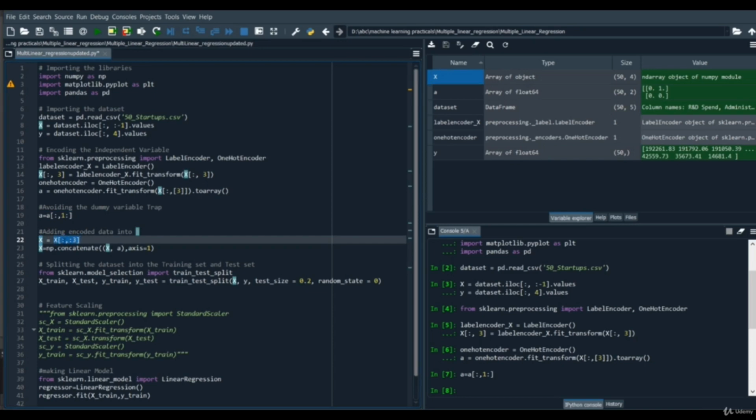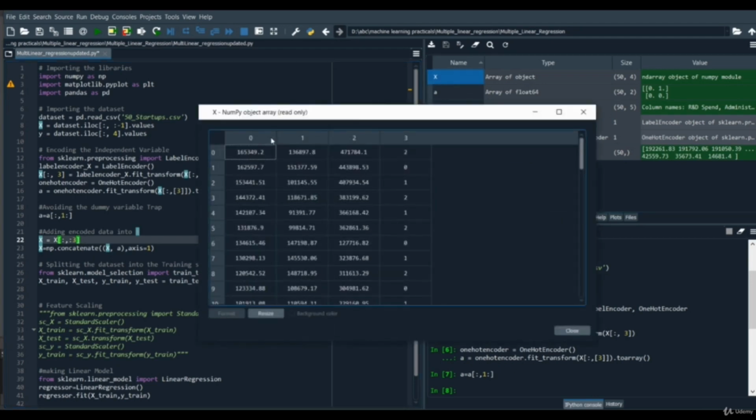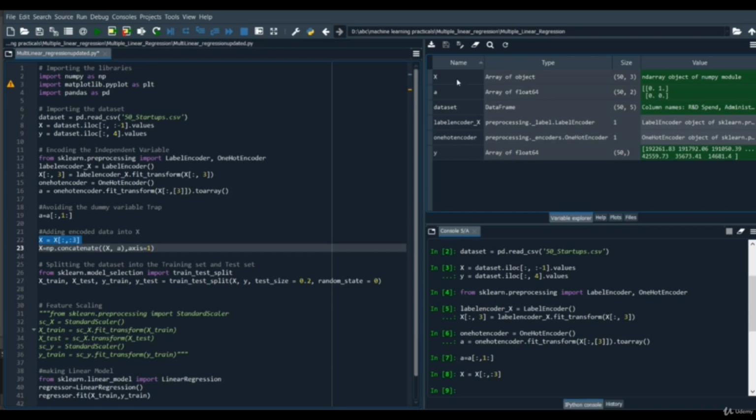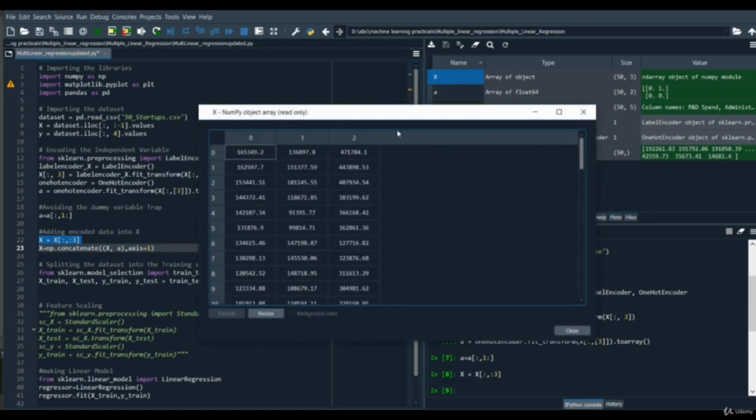We are going to use colon for all the rows, and then colon 3 for all the columns before the third column. So it's going to return the columns at index 0, 1 and 2, but not the third one. So after executing this line of code, it removes the label encoding of the state column.